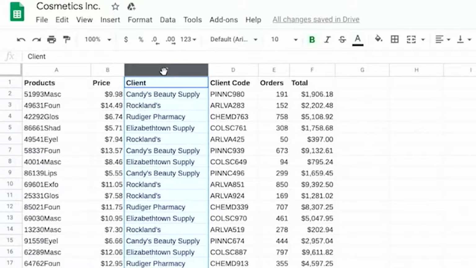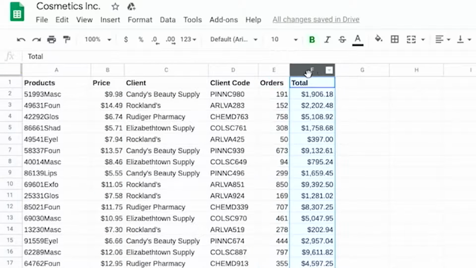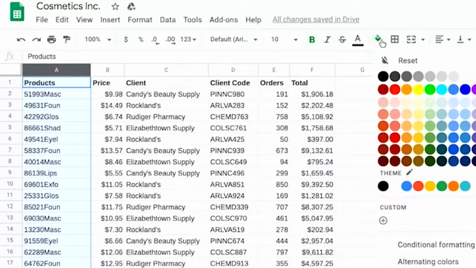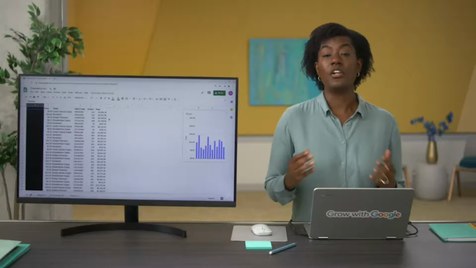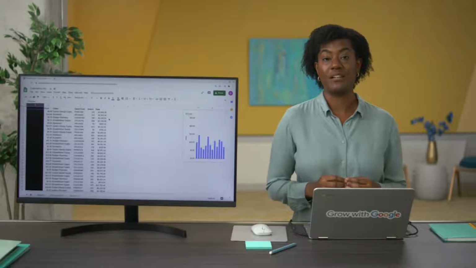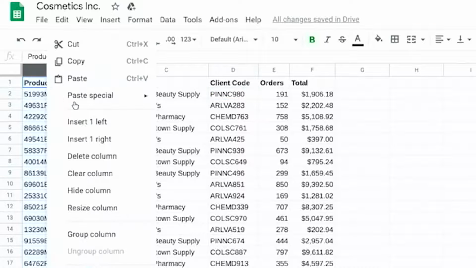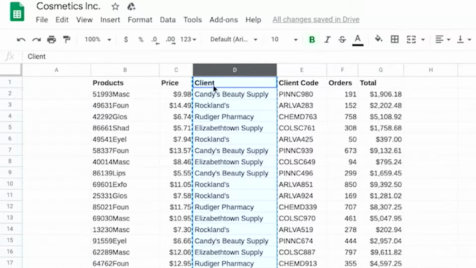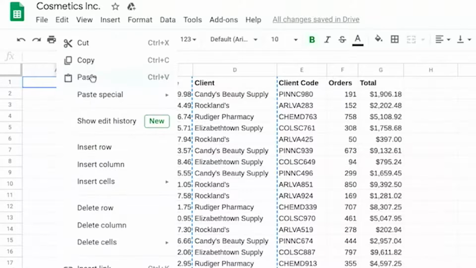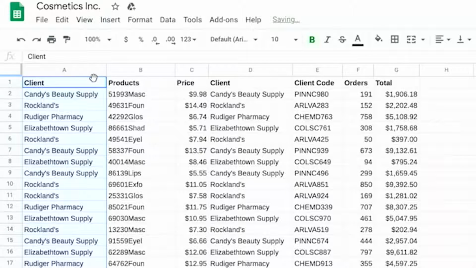Something else to keep in mind is that VLOOKUP can only return a value from the data to the right. It can't look left. Good news, there's a simple solution. Data analysts usually get around the problem by copying and pasting a column to the left of the data they want to look at. This way, the lookup value is in the leftmost column and the data they want is to the right of it.